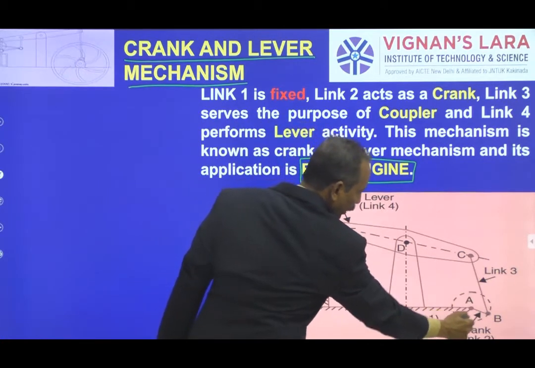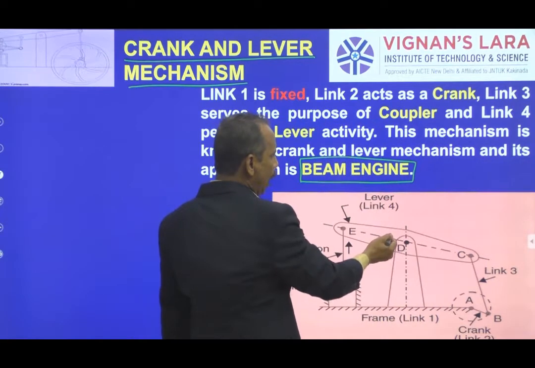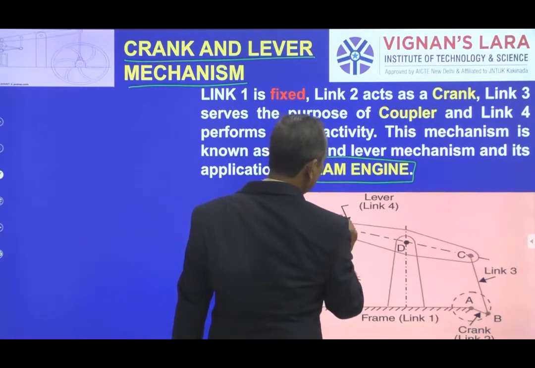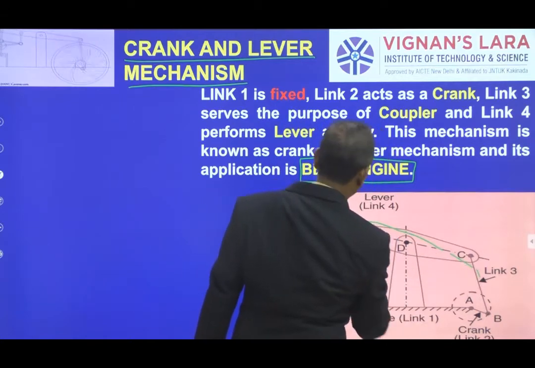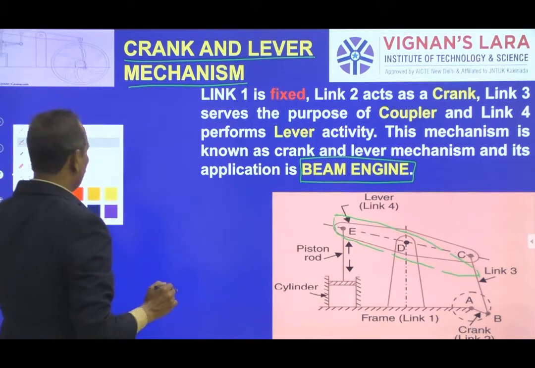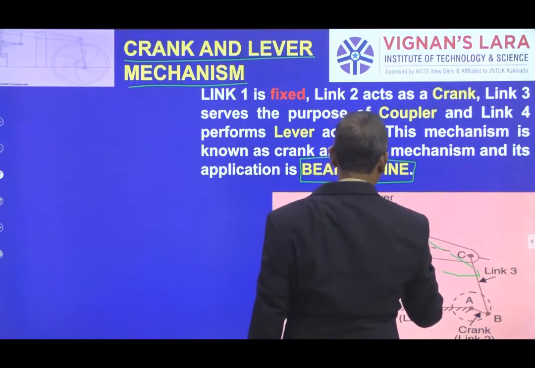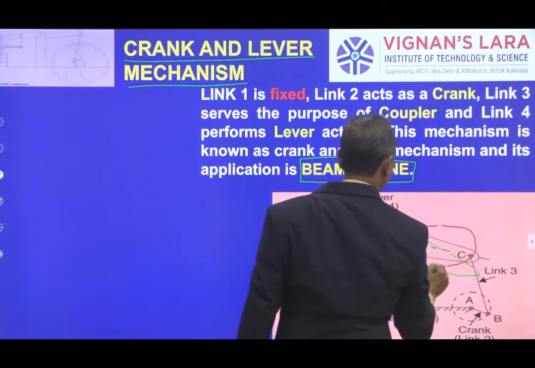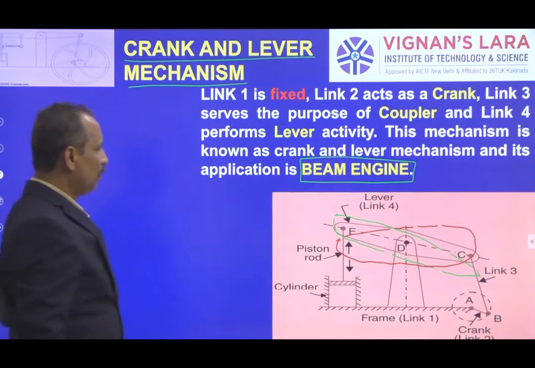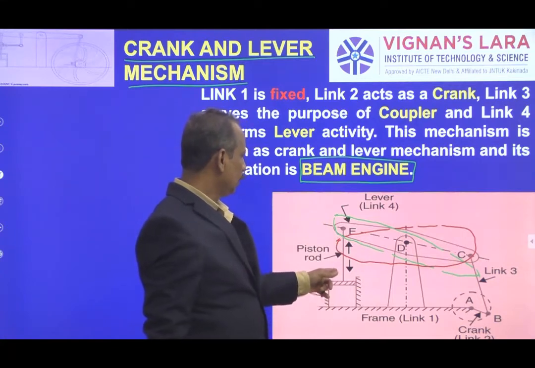That means by the rotation of this crank with center A, the output lever with center D will oscillate like bottom and upward about this center. When it oscillates, this lever is connected with a piston rod, where the end is